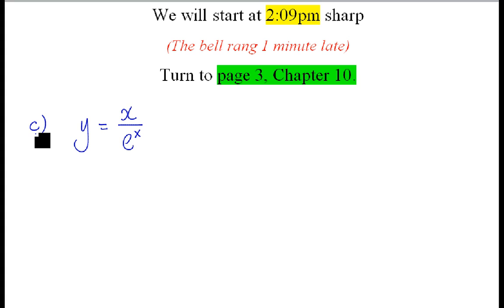Many of you came up to me last week and asked me this question: why are we doing this? Understandable. Maybe I didn't explain it. Chapter 10 is about curve sketching, and before we can actually sketch this curve, for example,